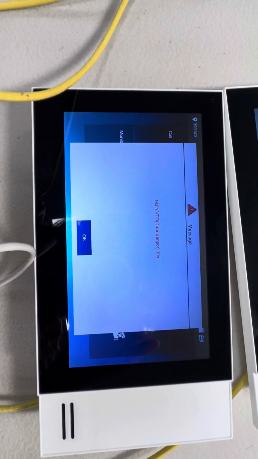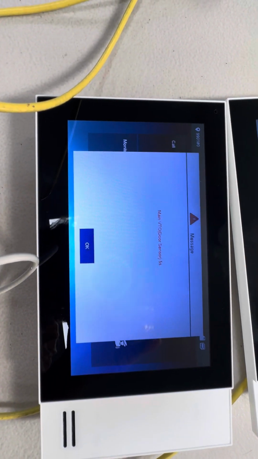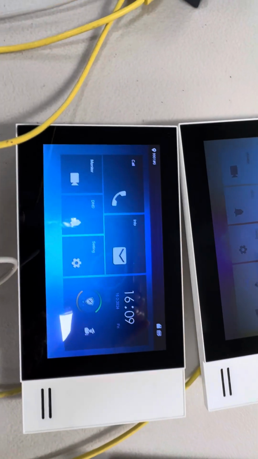So the main door is now set. You can click OK.